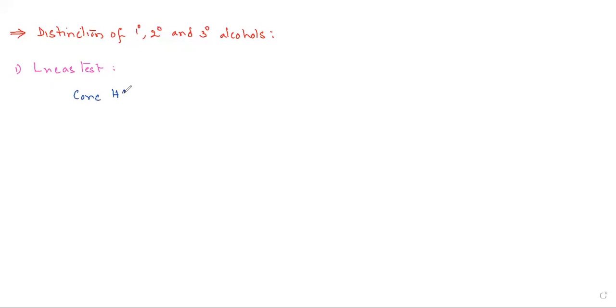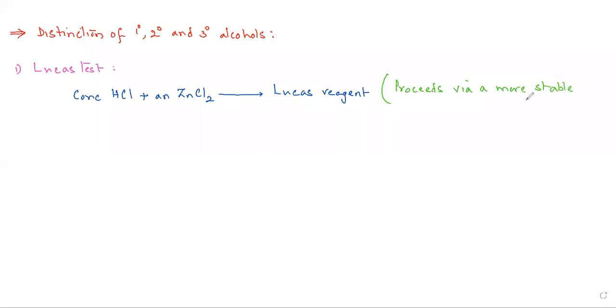See, a mixture of concentrated HCl and anhydrous zinc chloride is called Lucas reagent. Now we know that this reaction proceeds via a more stable carbocation. Right? So that is the reason why